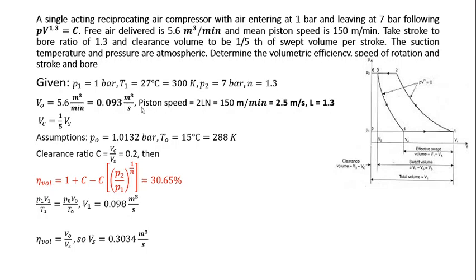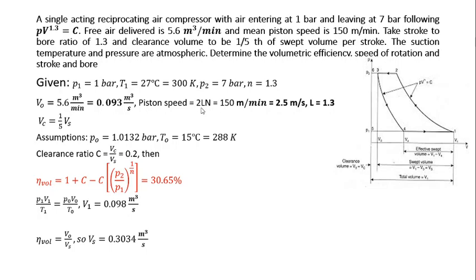n is equal to 1.3, V0, that is free air delivered, 5.6 meter cube per minute, convert it into meter cube per second. Piston speed, see, this is also important. Piston speed is given as 150 meter per minute. Piston speed. So